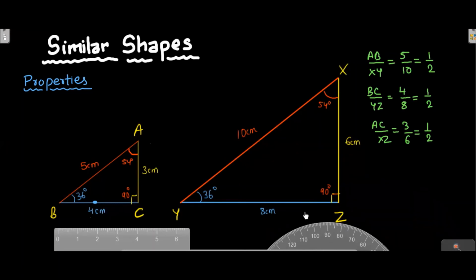If any one angle is not matching, we cannot say they are similar shapes. So this is how we identify: the sides should match, the angles should match, and when you find the ratios of corresponding sides, those should also match. These are the three things you can follow to check whether shapes are similar or not.